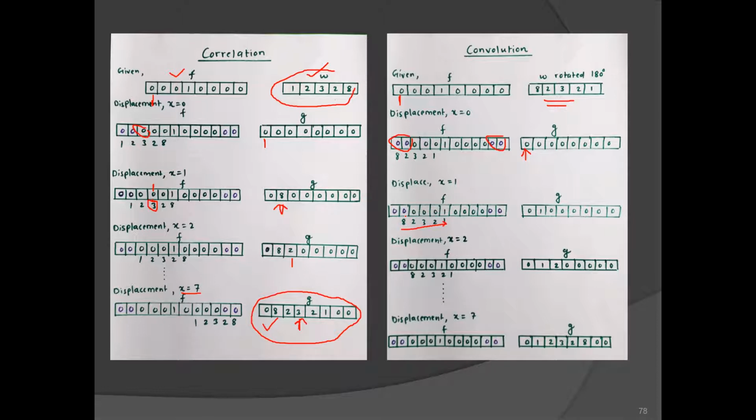Now again we will perform it. Again it is 0, 0, 0, 0, and 1 multiplied by 1, so the result is 1, which we have written here. Now here we have 0, 0, 0, 1, and 1 multiplied by 2, so the result is 2, which is written here, and so on. After the final displacement, we have obtained this result. If you compare this mask and the result, you are getting the same at the impulse location. So that is the difference between correlation and convolution.